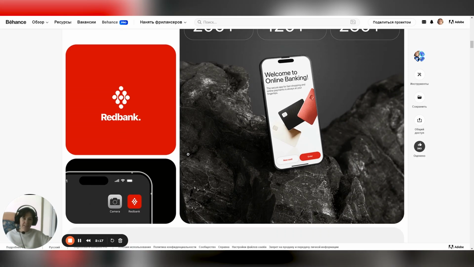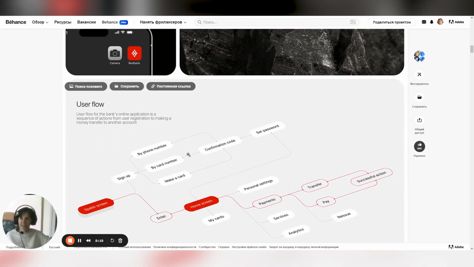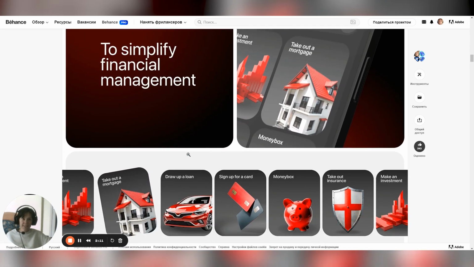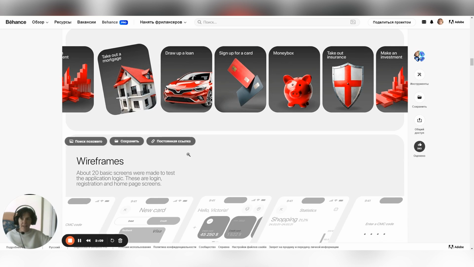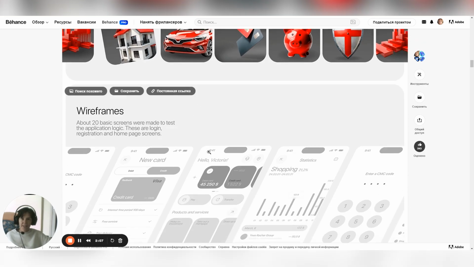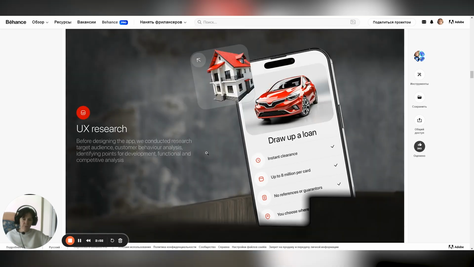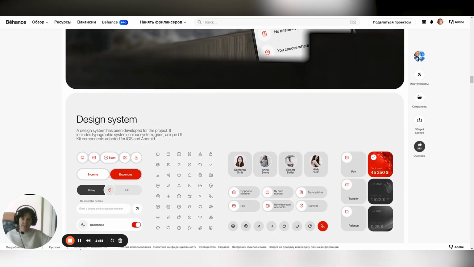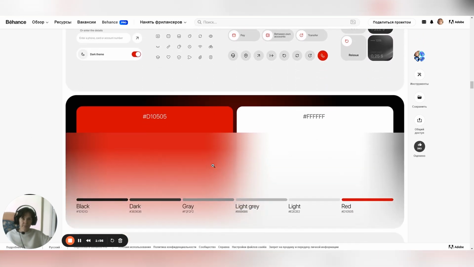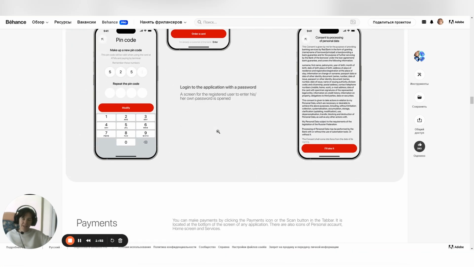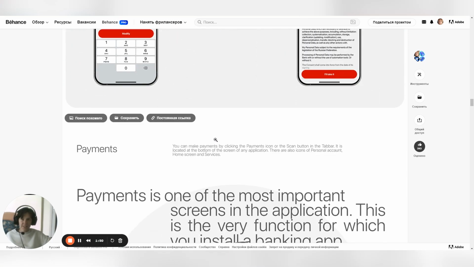Big and deep analytical work on bank competitors helped me to understand all nuances of my future app. Stylish and friendly design was added to a clean and useful user flow. Before this project, I thought that the banking industry was not the place for aesthetics, but now I think I could mix this task very well.